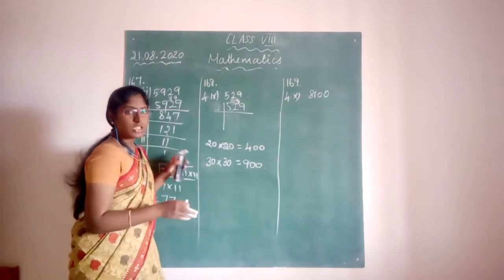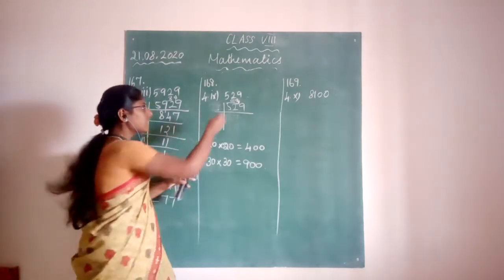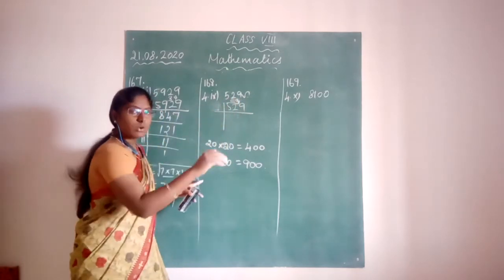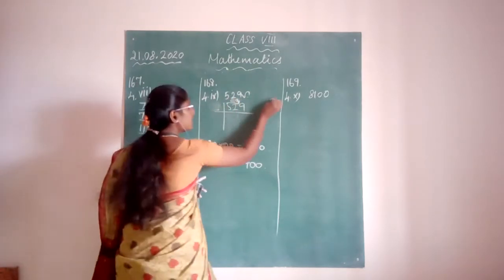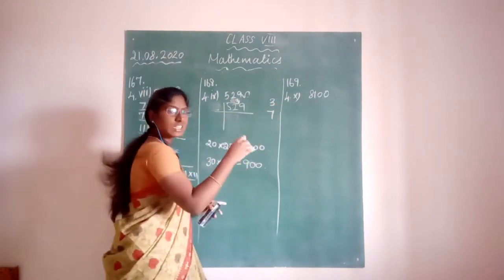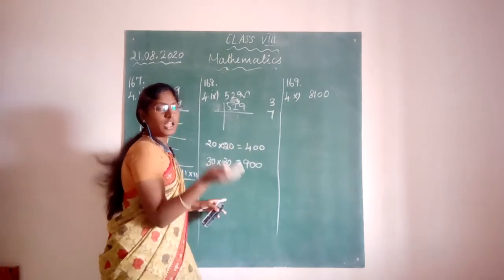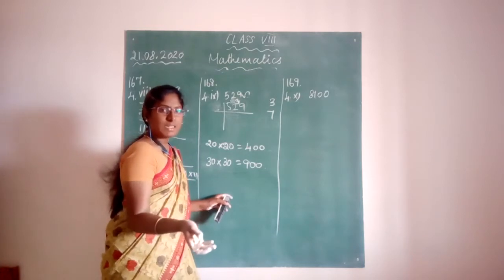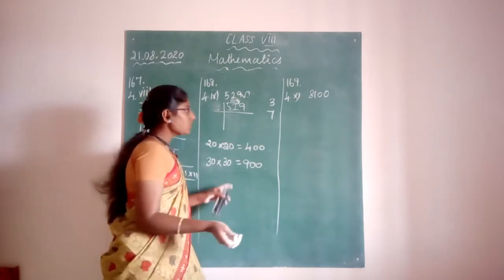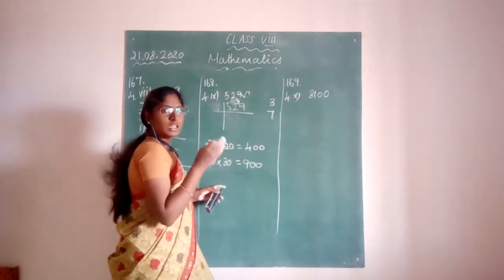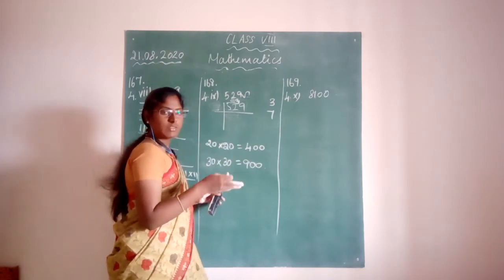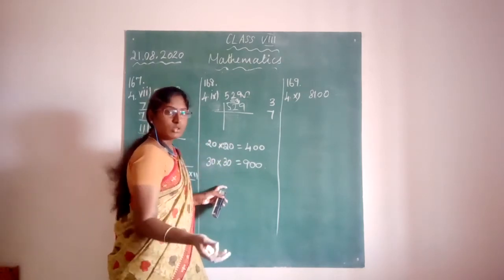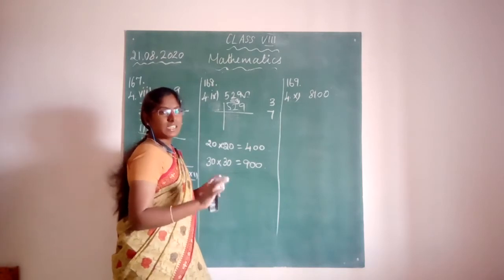And one more thing, if a square number is ending with 9, then its square root will either end with 3 or 7. Yes or no? 3 3s are 9 and 7 7s are 49. No other number will have 9 at the units place of its square. So either 3 or 7 should be the ones digit. So you have to check for 23 or 27.